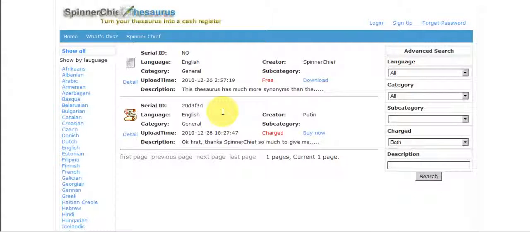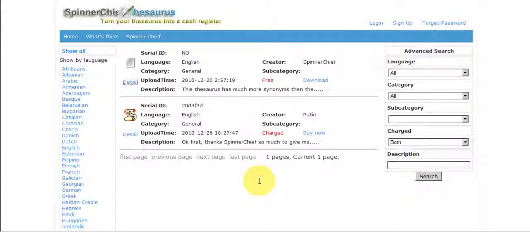Okay, so this is the main page of the Thesaurus Exchange, and you can see these are the thesauruses on offer. There's only 2 at the moment because we've only just opened the service. So this is a free one. In fact, this one, if we go into it, you can see the detail.